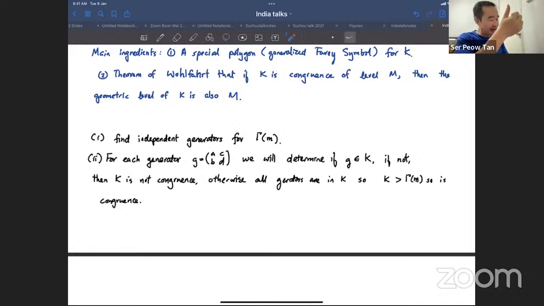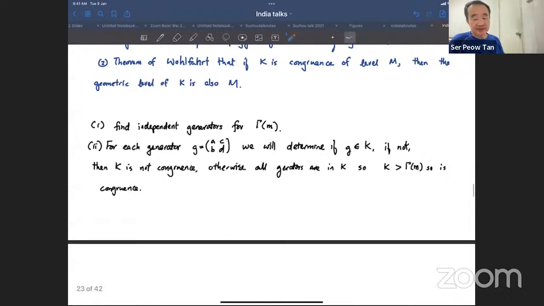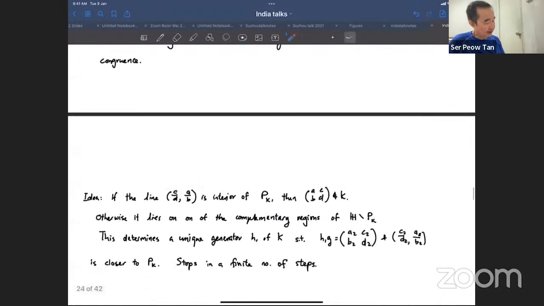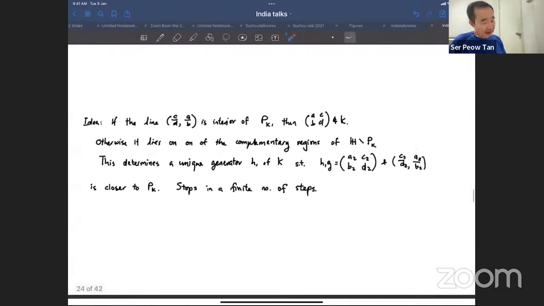On the other hand, this element over here maps the even line from 0 to infinity to something, right? And if this something is contained in one of the polygons, then it cannot be an element of K. Okay. So the idea is, how to do this